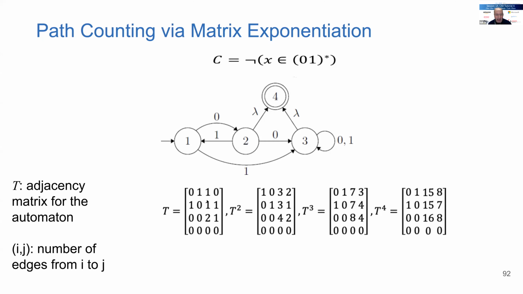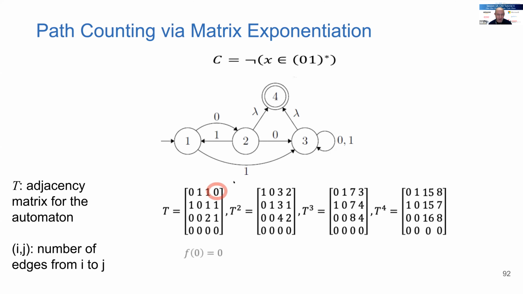Now T square is the matrix I get when I multiply this matrix by itself. I multiply T with T square, I get T raised to power 3, right? So I'm doing matrix exponentiation. This is matrix multiplication, basically. Now here's the interesting thing. If you look at this value here, which is the number of paths from node 1 to 4, this shows the number of paths from 1 to 4 with a single edge. This one shows 1 to 4 with 2 edges. And this one with a single edge actually corresponds to accepting paths of size 0.